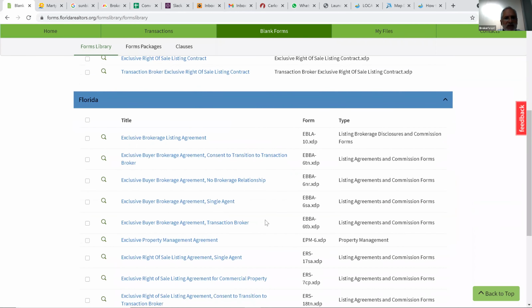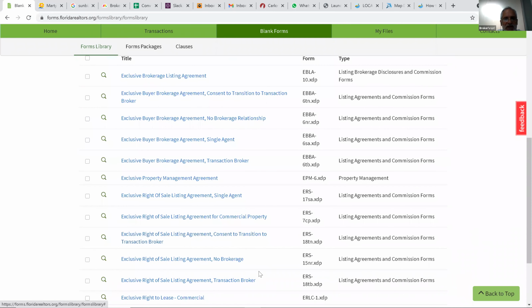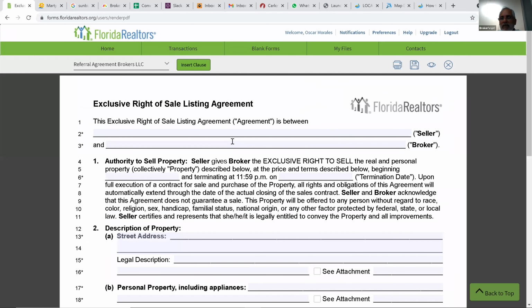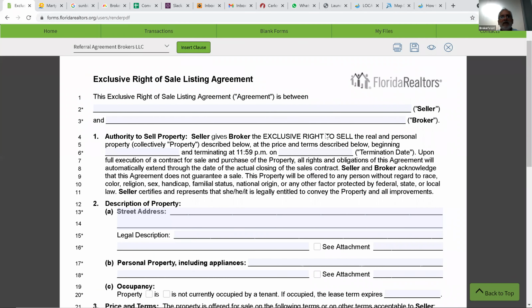Can anybody tell me why I should always take the transaction broker? Always. Do you guys know why? Nobody? Okay. You always use the transaction broker on the exclusive right of sale listing agreement because this is the only one that allows you as a listing agent to represent both parties in the same transaction without asking permission from the seller. If you use the single agency, that means that you have to ask the